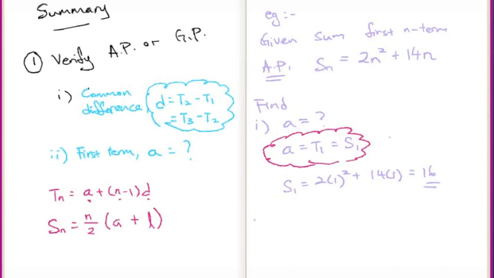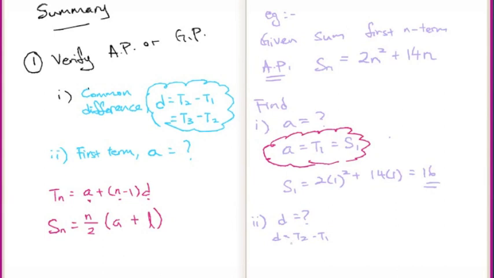Okay? 2. Common difference. It could be tricky, but think about it, it's not. All you need to do is T2 minus T1. D is T2 minus T1. And in this case it's T2 minus T1 because it's not in series form, it's in equation form. All you need to do is find out what T2 is. I have T1 already from the first part. So T2 is,